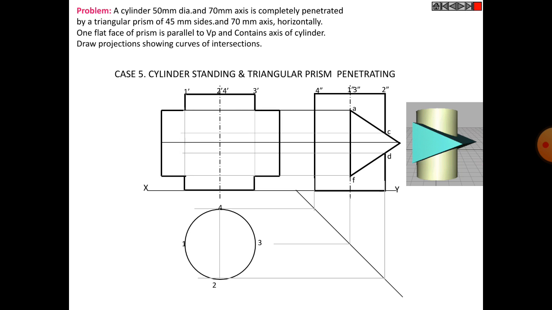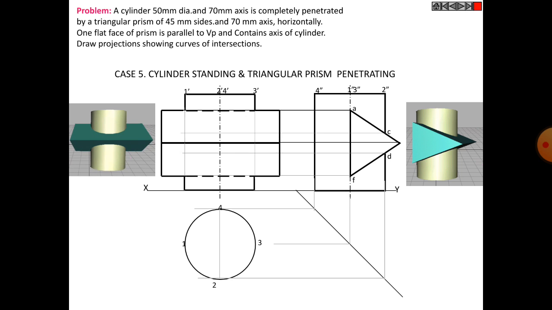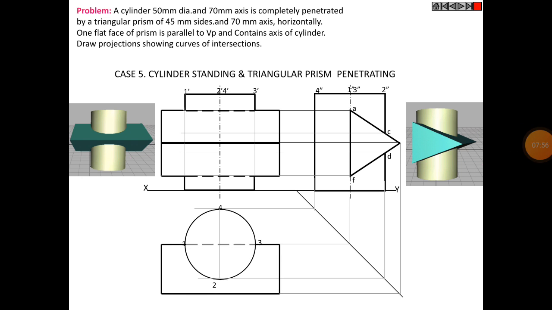Then mark the axis of the horizontal prism, and then intersect the points. That shows the top view and front view of the intersection of two solids. Then mark all these lines on the top view and project all points with the help of generator lines. These generator lines extend on the top view and front view also.